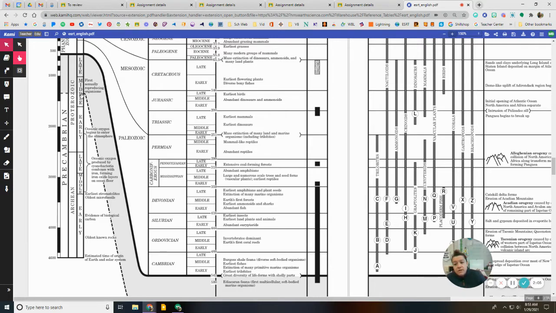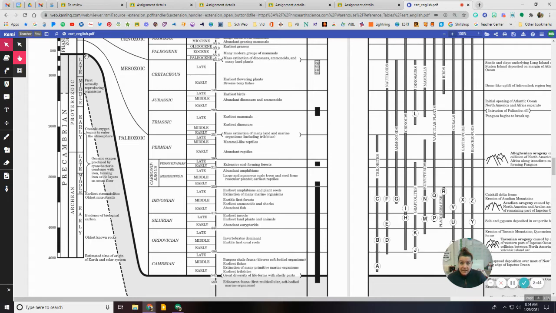And then when you get to the middle Proterozoic here, something happens. So this dotted line separates from when there was no biological life at all during the early, middle, late Archean and the beginning of the middle Proterozoic. Once this dotted line hits right here, you get your first sexually reproducing organisms. So this is actually when your single-celled organisms started to evolve, exist, and be around. So this chunk of time here during the middle of the middle Proterozoic to the end of the late, this is where those single-celled organisms kind of started, and you can follow that down.